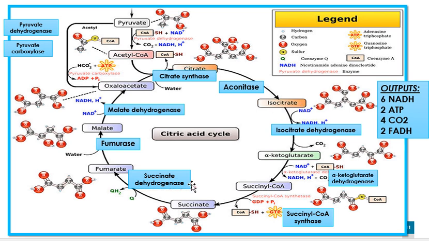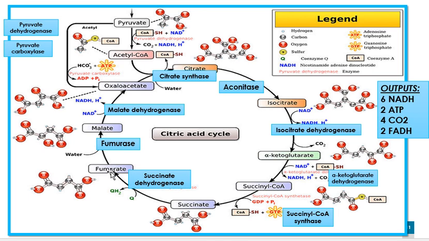So in here, again, succinate will become fumarate with the help of this enzyme, succinate dehydrogenase. But in here, there is the presence of the electron carrier FADH2, also known as FAD, flavin adenine dinucleotide. So do not be confused. They are the same as FAD. The same with GTP, it is also the same as ATP. So after that,